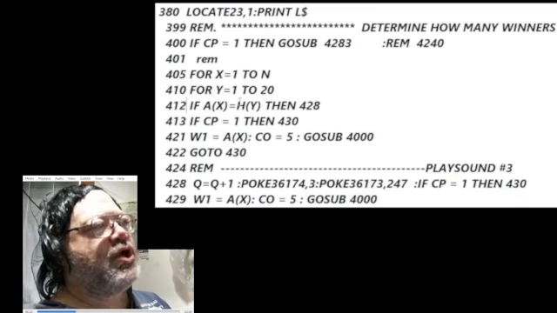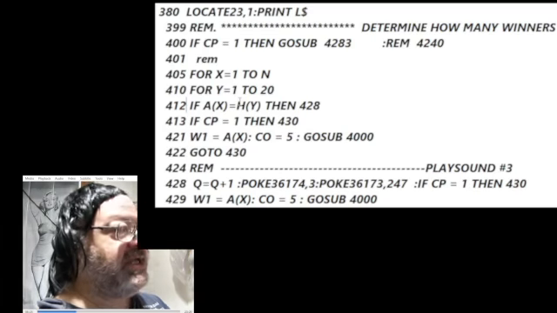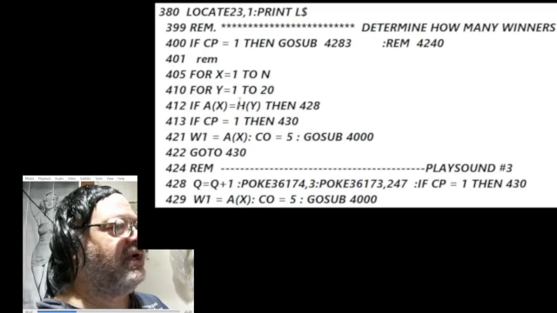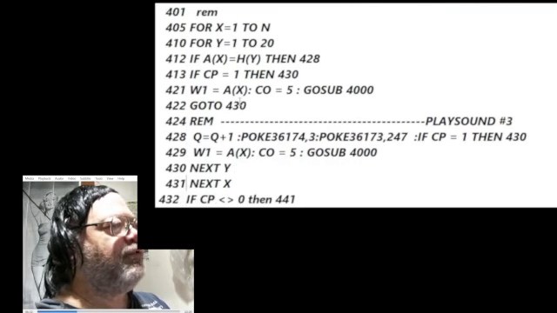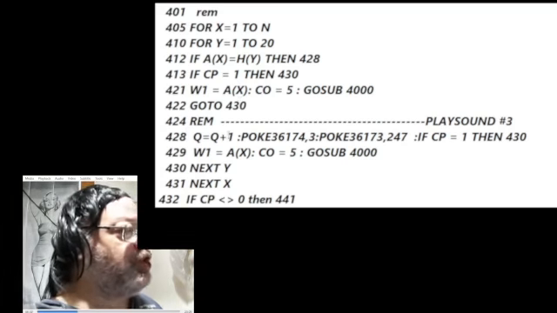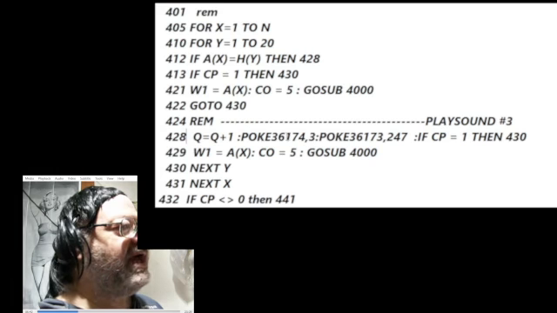Oh yeah, we're going to go through what you picked. Look at the H array, and if your pick equals H array, then 428. This gets kind of scary. 428 says there's Q amount correct, so I add 1 to that. A poke statement here is a, remember